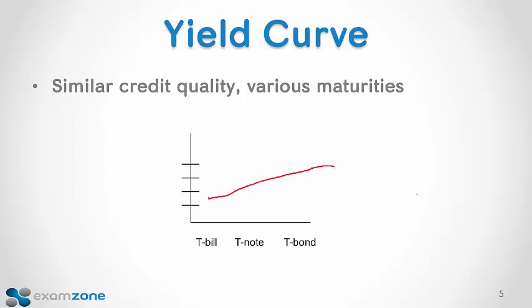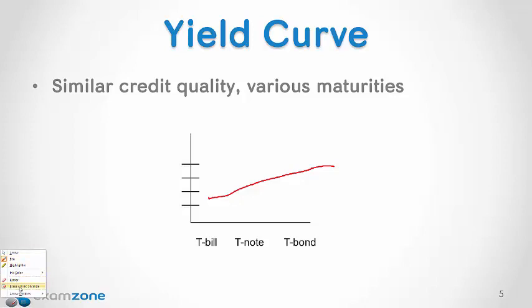As we go out in time for the maturities, we receive a higher yield because we're taking on more inflation risk. On a 30-year T-bond, that's 60 payments. Who knows what inflation will be doing as I get them. For a 4-week or a 3-month T-bill, I'm obviously not taking on any inflation risk. And that's why in some other applications we talk about the riskless rate of return, which is the rate on the 3-month T-bill. There's no default risk on any of these, and on the 3-month T-bill there's really no inflation risk either. So in a positive yield curve, the yields go up as we go out in time.